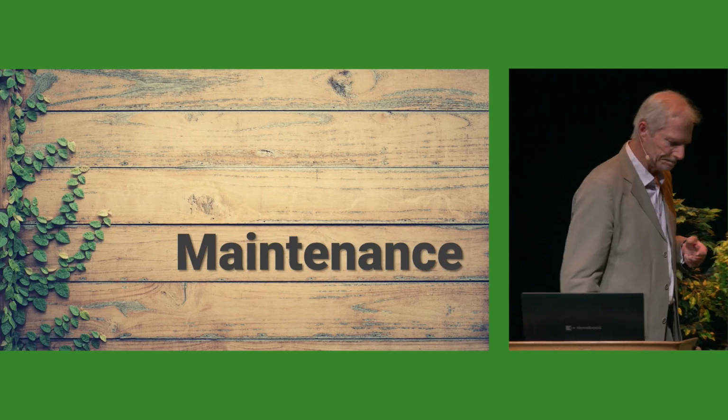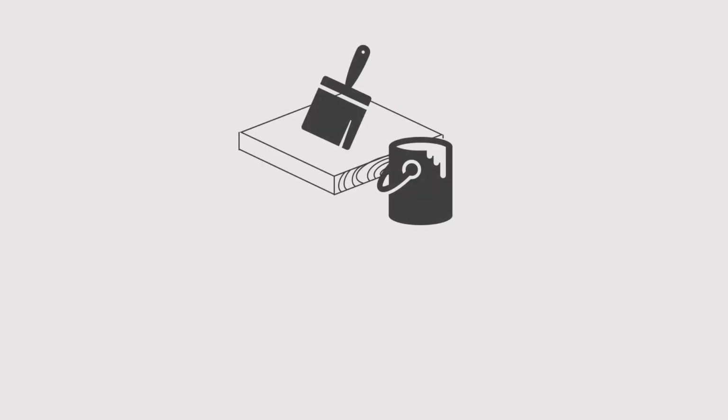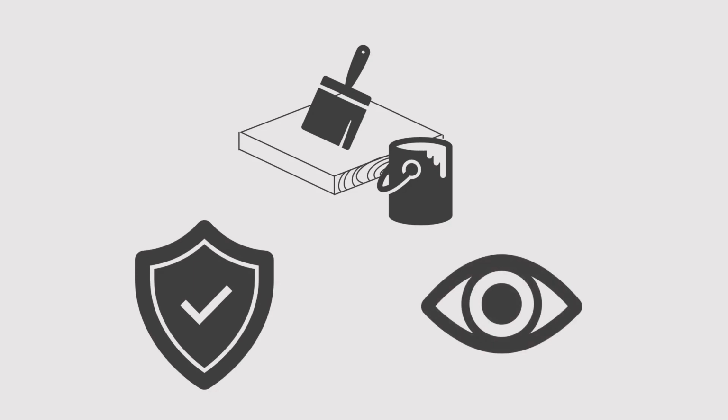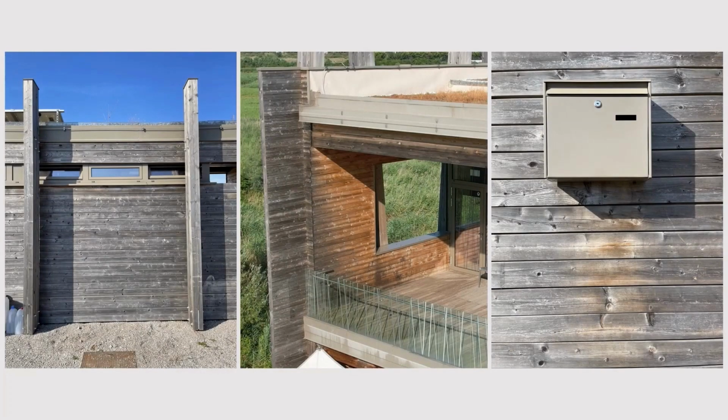Maintenance. Proper design can greatly reduce the rate of deterioration, but all materials need some kind of ongoing care. Maintenance is vital in preventing many issues and prolonging wood's service life. This is usually accomplished by applying surface finishes that can function as a protective measure, aesthetical measure, or both. There is also the option of leaving the wood untreated to achieve a gray or silver effect. But in this case, the user should be aware that not only will the wood weather and dry faster, but it will do so more unevenly.